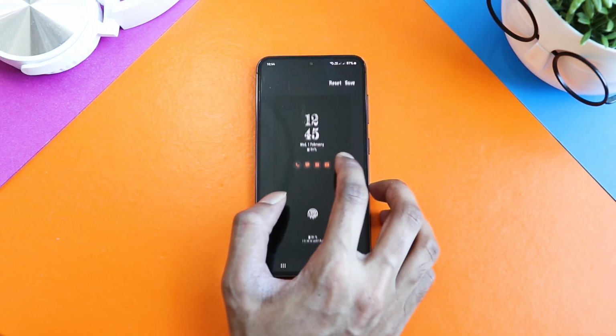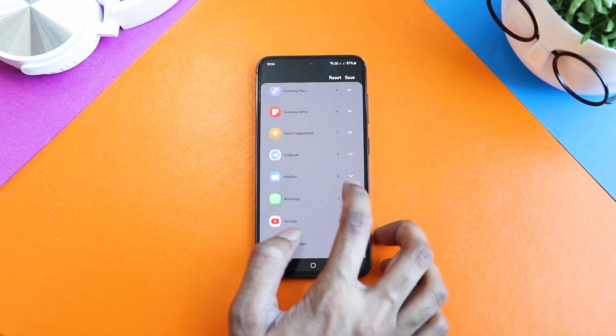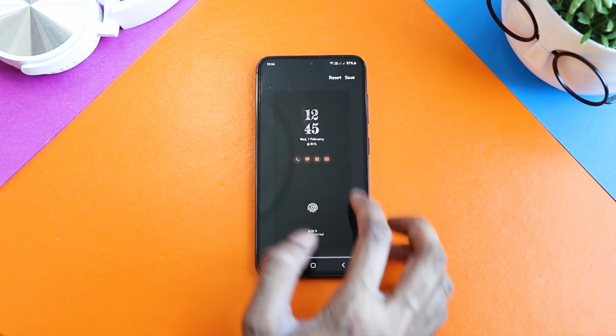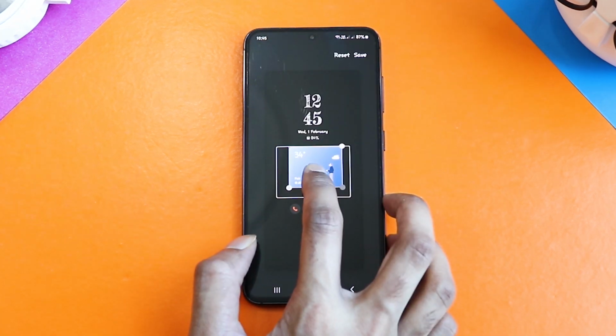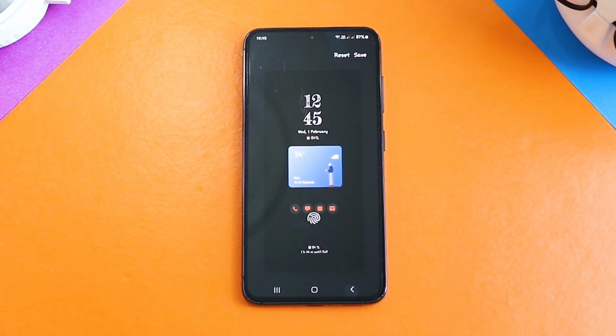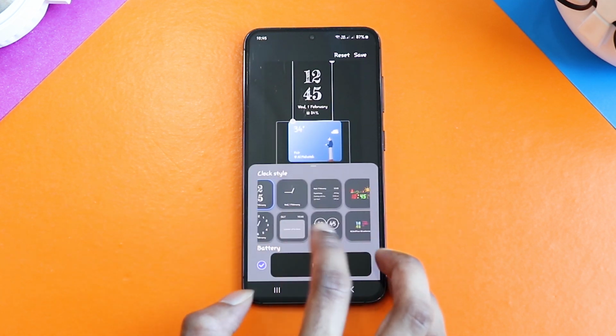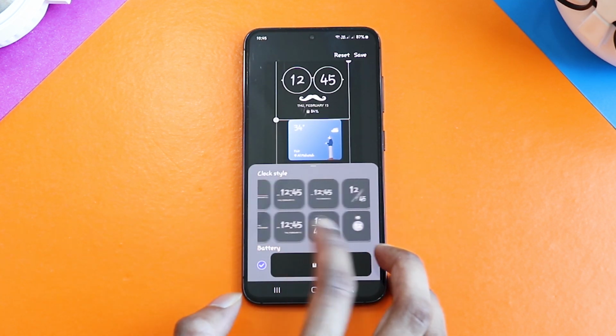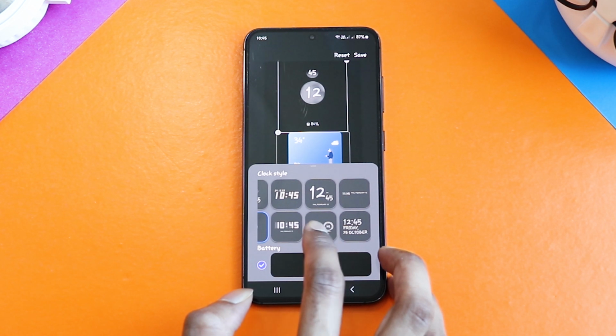Now if you come back to this page, open always on display, and tap on any blank spaces here, then you can add widgets to your always on display as well, just like how we did with the lock screen. Then you can change the clock on the always on display and set a clock face different from the lock screen, which used to be a standard feature on Samsung phones, but it was no longer available since the